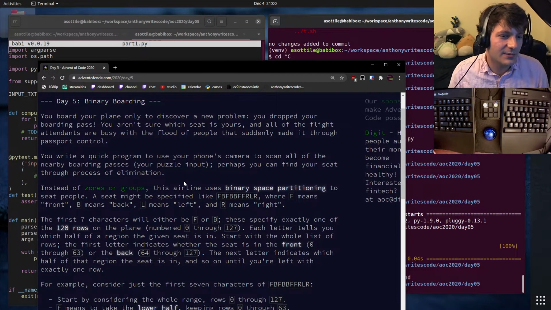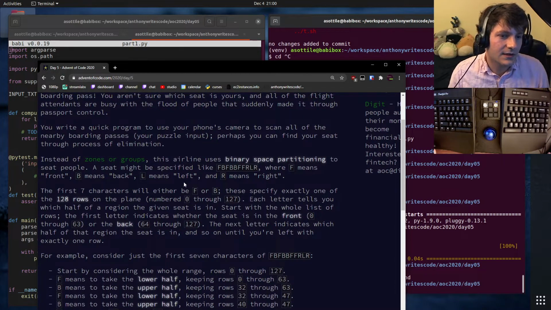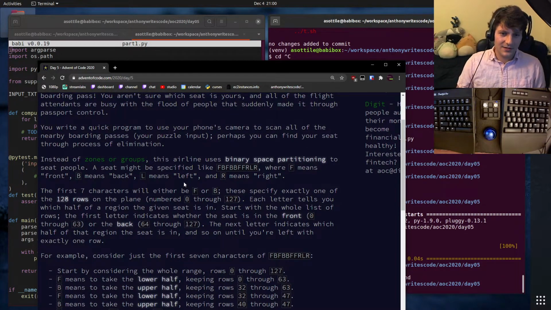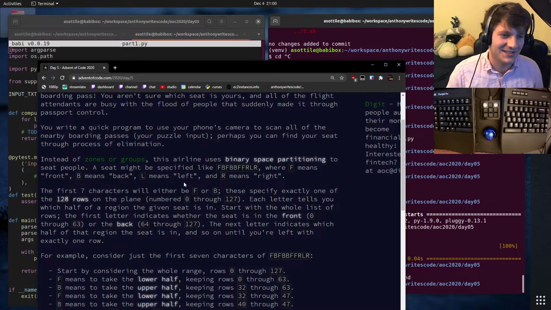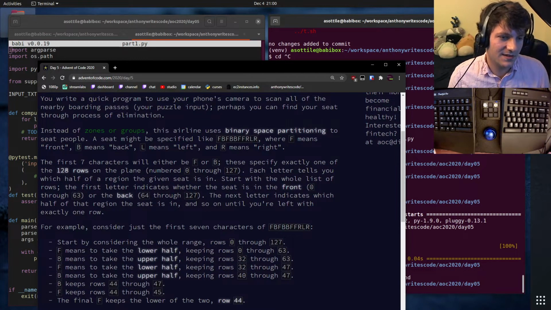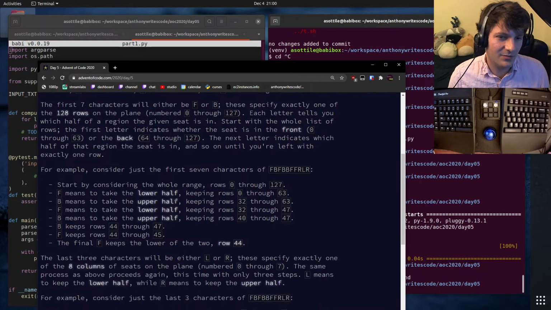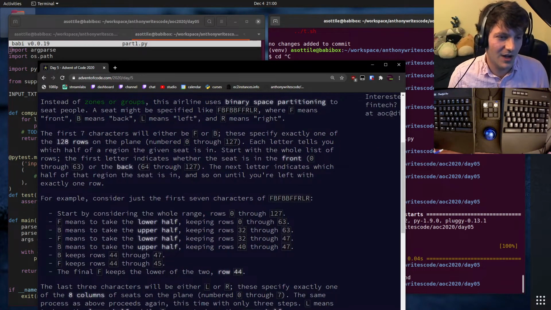Okay. Drop your boarding pass. Scan all of your nearby boarding passes, your puzzle input. Perhaps you can find your seat through the process of elimination. Instead of zones or groups, the airline uses binary space partitioning to seat people. F means front, B means back. The first 7 characters will either be F or B. These specify exactly one of the 128 rows on the plane, numbered 0 through 127.